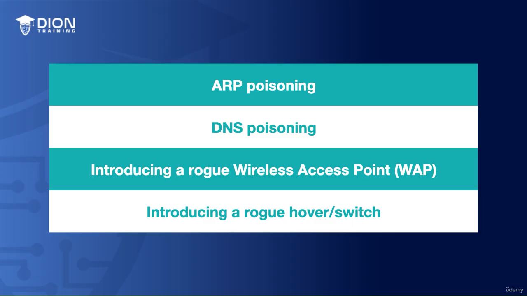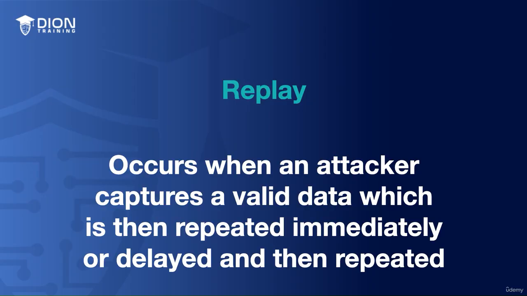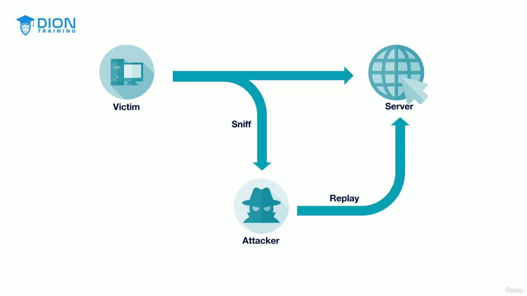Once an on-path or interception attack has begun, you can then decide to replay or relay the attack. Replay of the data occurs when valid data is captured by the attacker and is then repeated immediately, or is delayed and then repeated. Replay is a common technique in wireless network attacks, but it can also be used in wired networks too. For example, if we can capture an authentication handshake between two hosts, we can then replay it to the authentication server so that it will think we're an authenticated client too and give us access to the